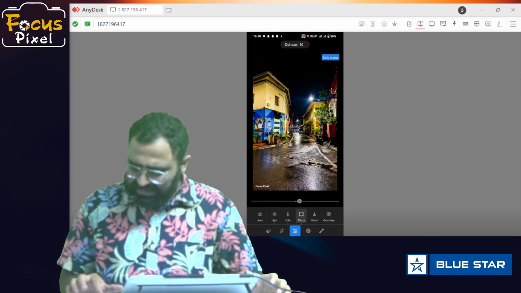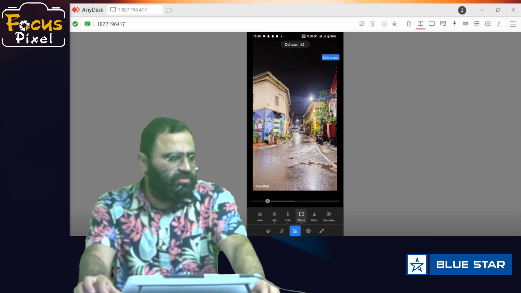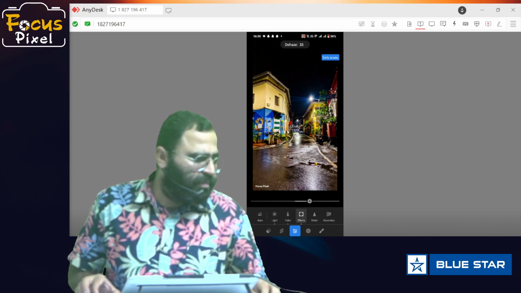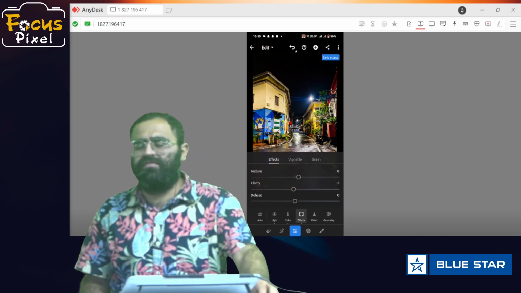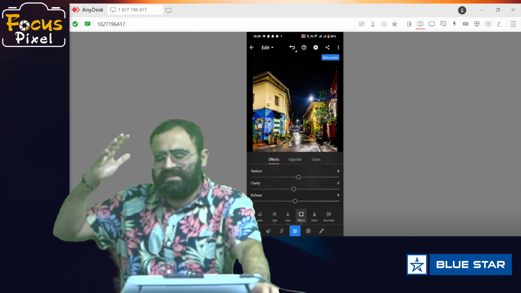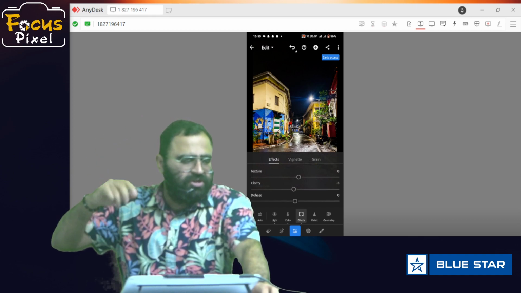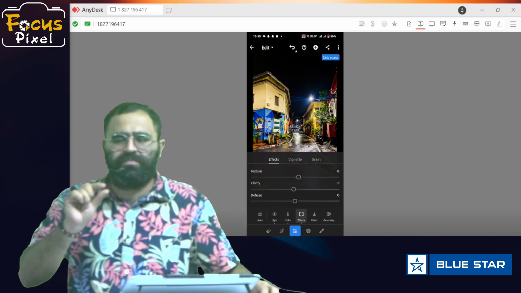Now dehaze works with the edges. In the edges you can create the blacks and the whites. Dehaze is for when you click a photo directly into the sun, or some external light is right above your camera, so it will give you some light effect, and it will hamper the sharpness of the image.